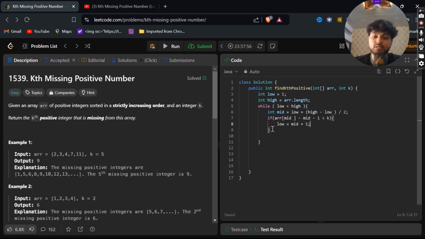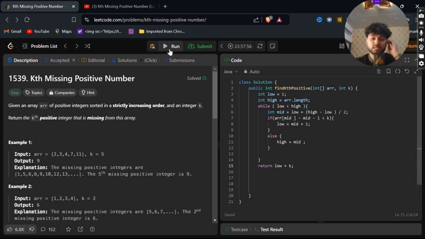In the else case, high equals mid. And in the end I will return low plus k.